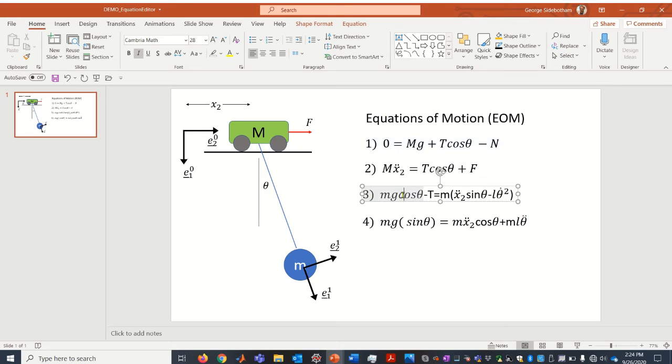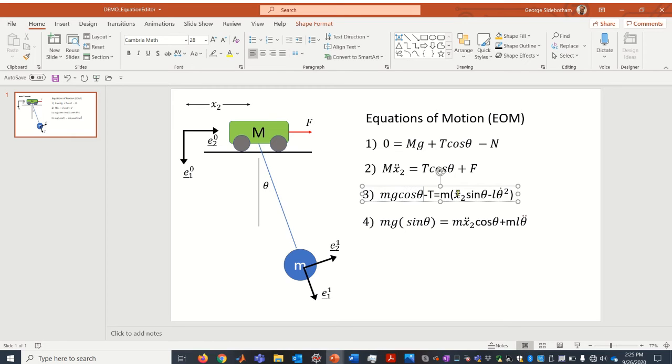So let me click on their equation number 3, and you can see that this first part here is shaded, and then it goes unshaded. If I scroll through, the cursor is here, and as I toggle back and forth, the cursor's not moving, but it's shifting in and out of EquationEditor mode. If I continue to go across and explore what's going on here, I see that it goes back into EquationEditor for the x double dot 2, then it goes out of EquationEditor, then it goes back in. This can be really frustrating, but once you know what to look for,